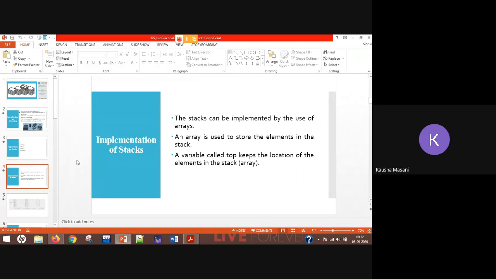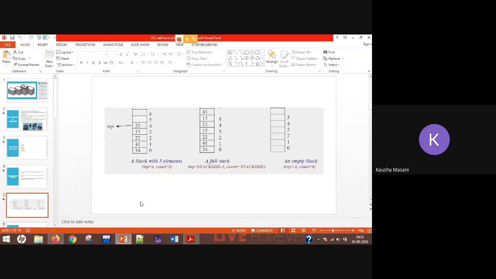The first and foremost condition for the stack to be empty is top equals -1. So Yasin, you are absolutely correct. When you are going for any kind of operation, first you have to check whether the stack is initialized or not.